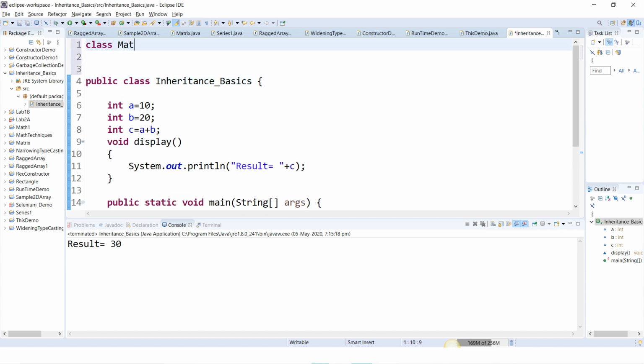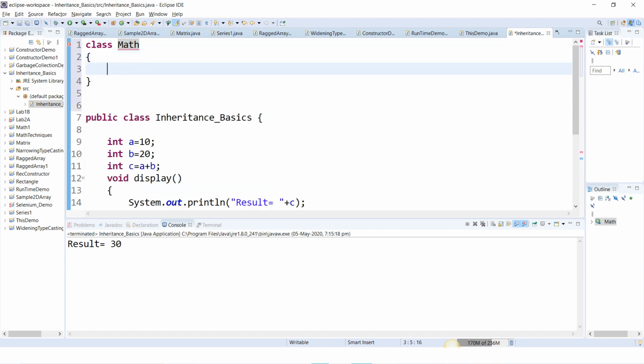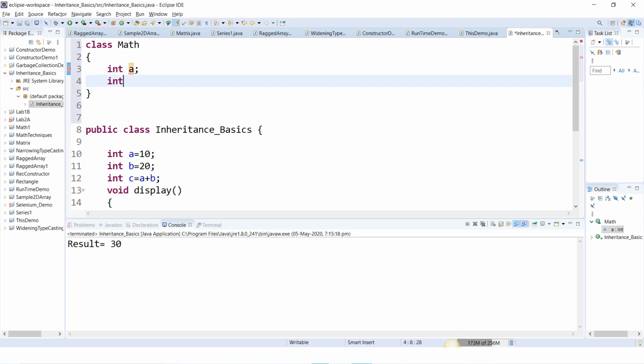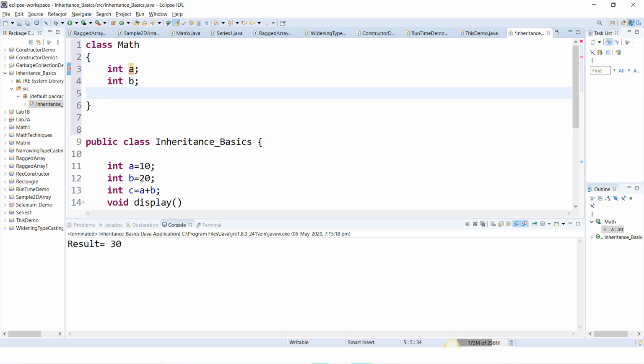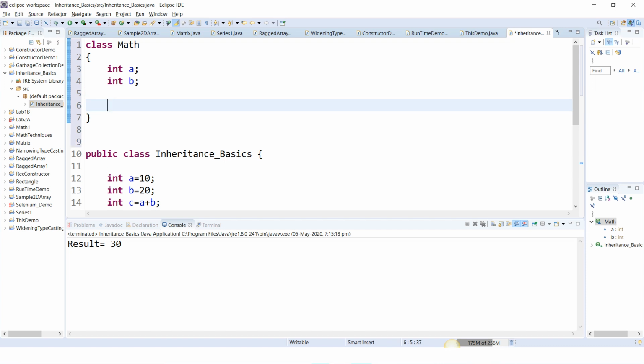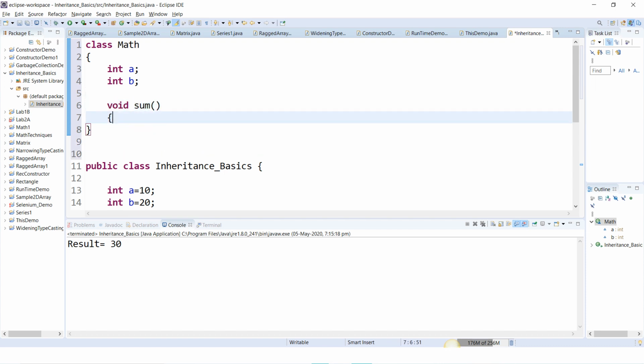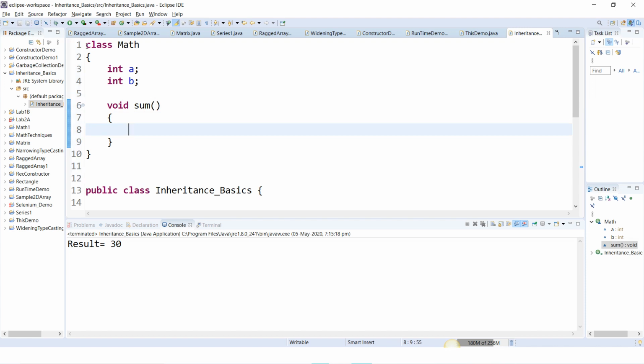In this class Math, I will declare int a and int b, and one more method called sum. It prints that it is a Math class method.